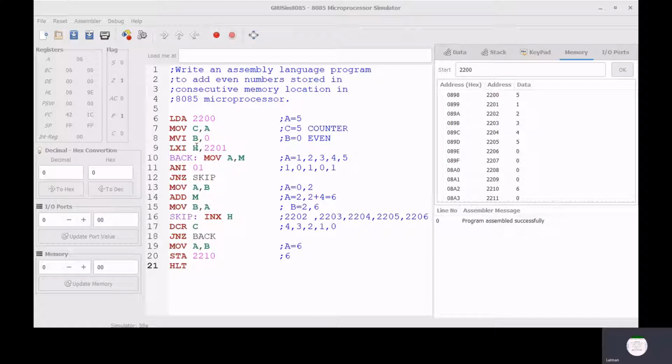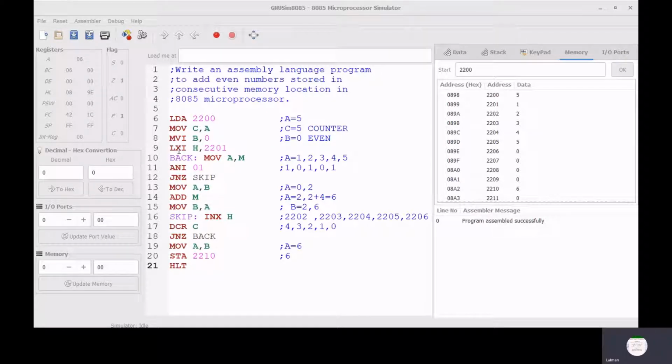Now MVI B, 0. The meaning of this instruction is store the value 0 in the register B, or you can say move immediate value 0 in the register B. Next instruction is LXI H, 2201. 2201 is the address or memory location, and H denotes the HL register pair. H has 8 bits and L has 8 bits, so the total becomes 16 bits.